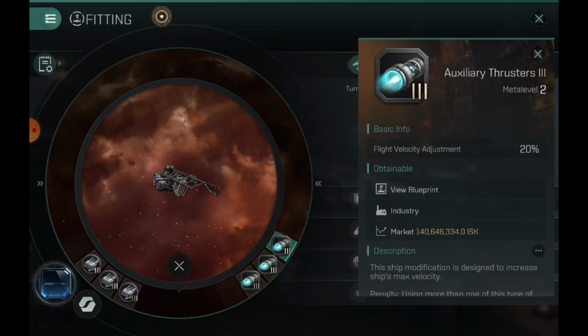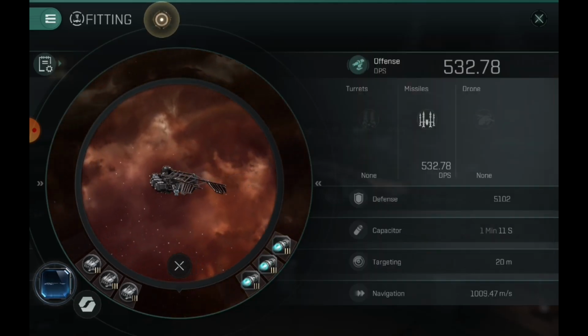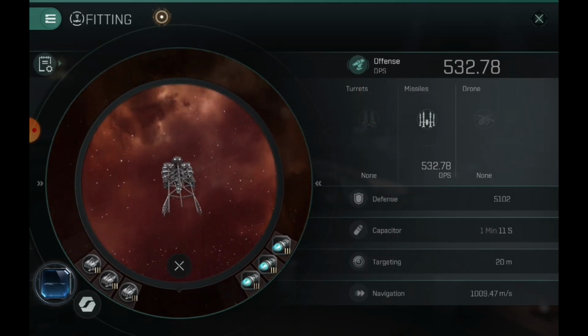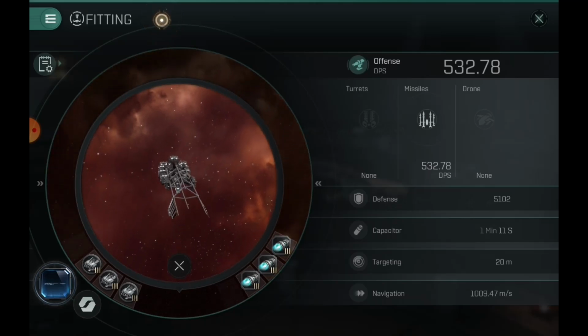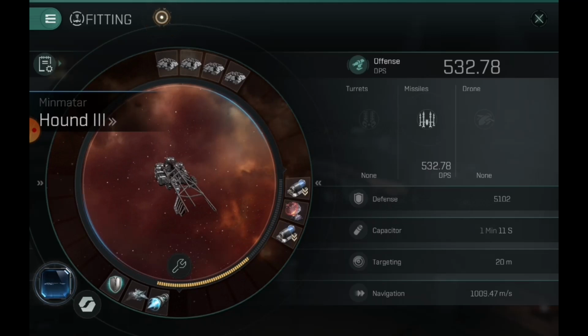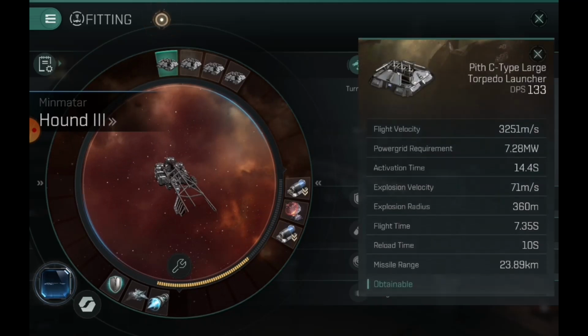On the electronics side, we did 2 tier 3 velocities and 1 inertia. Now the inertia isn't necessary, but I feel like I want to keep my orbit safer and tighter, and if somebody tries to slingshot me, I may have a chance of correcting my orbit fast enough for them to not get me. Now with all those rigs, my missiles are at 24 kilometers, so you typically want to orbit around